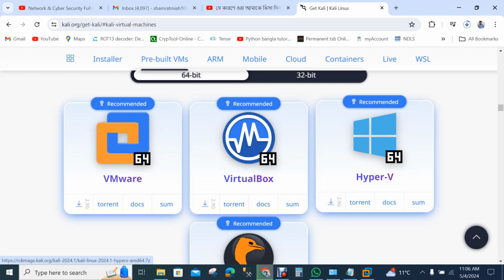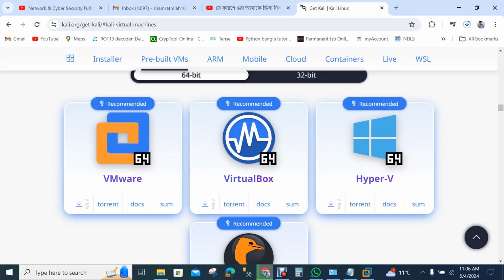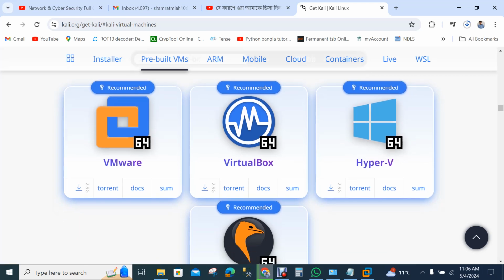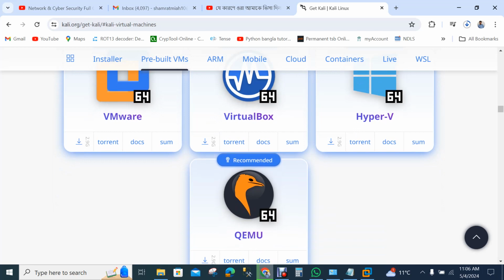The hypervisor also works with virtual machine applications, and here is QEMU. QEMU is also a software, also a virtual machine application.